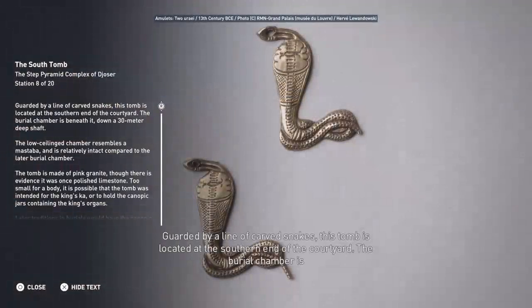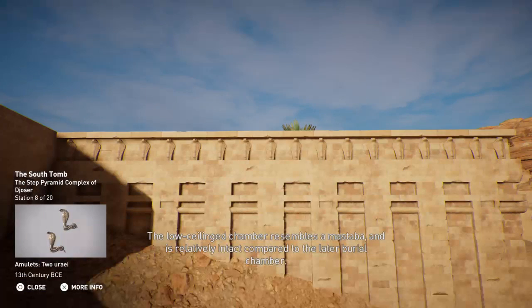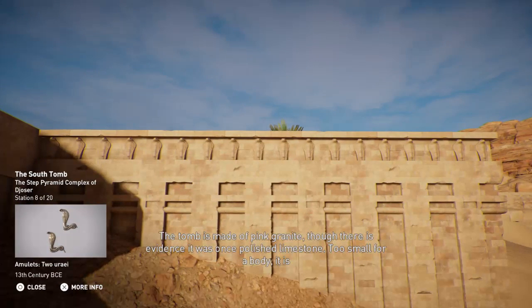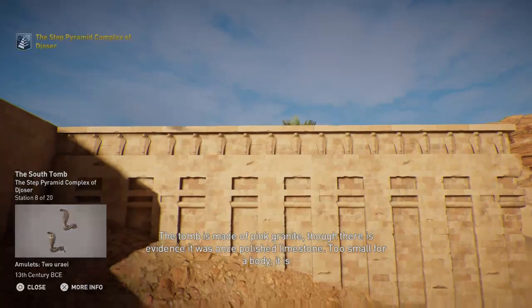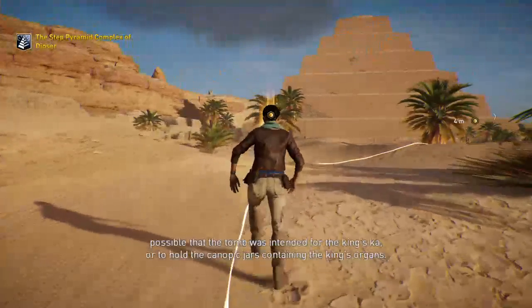Guarded by a line of carved snakes, this tomb is located at the southern end of the courtyard. The burial chamber is beneath it, down a 30-meter deep shaft. The low-ceilinged chamber resembles a mastaba and is relatively intact compared to the later burial chamber. The tomb is made of pink granite, though there is evidence it was once polished limestone. Too small for a body, it is possible that the tomb was intended for the king's ka, or to hold